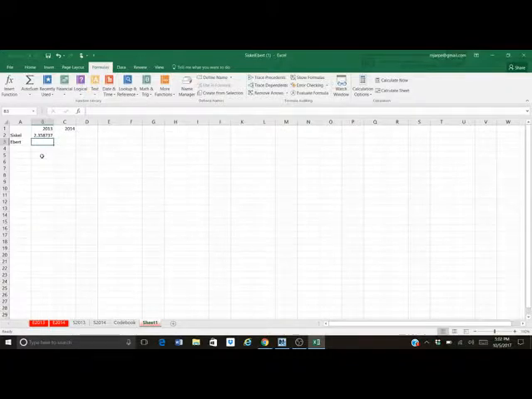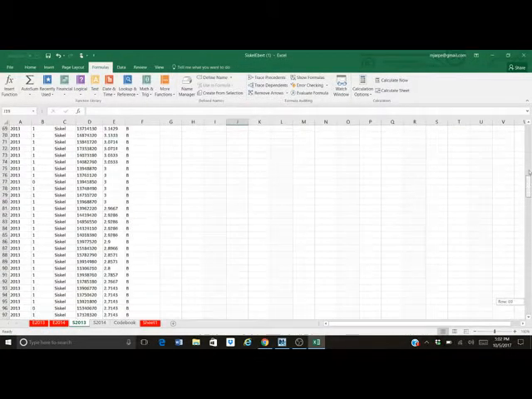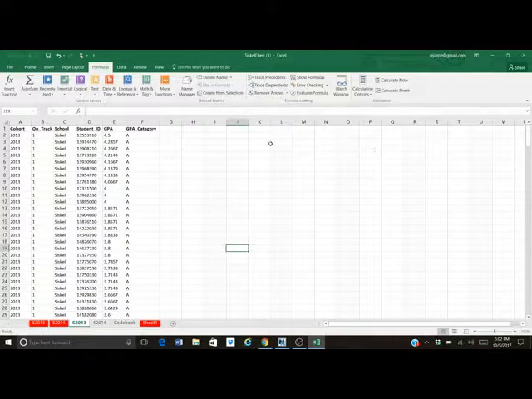So, yep, equals average. And then you just click over and then put the parenthesis, and then click over to your S 2013 tab and drag down on the GPA column. We get to do it 4 times. So